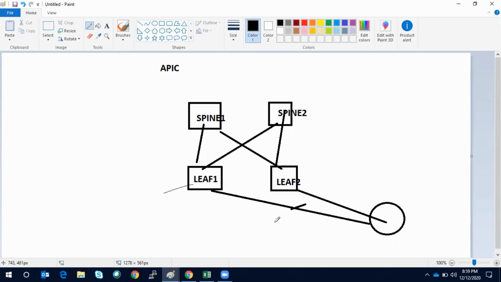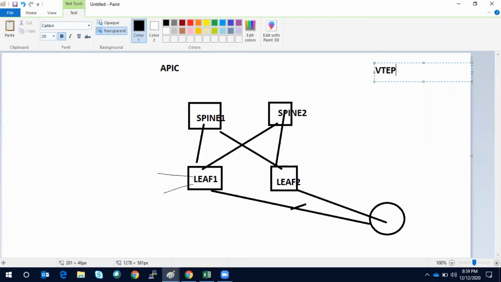And then with the help of DHCP and the VTEP pool you define during the wizard, it gives one IP address. So let's say my VTEP pool is 10.1.4.0 /24, but /24 I have just taken as an example.